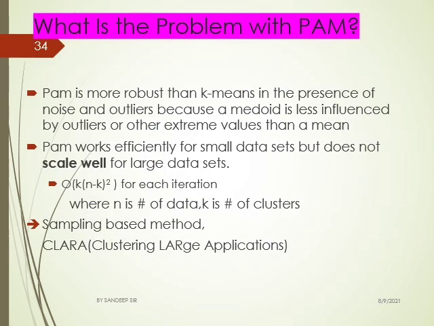So this is one of the main problems. It is more robust than K-means. It is better than K-means in the presence of noise and outliers, because a medoid is less influenced by outliers or other extreme values. It works efficiently for small data sets, but for larger data sets, it can be a big problem. So there are other methods which are used if this doesn't work,